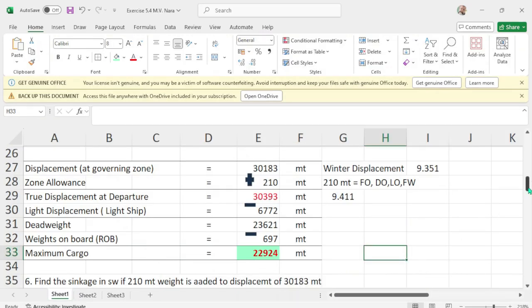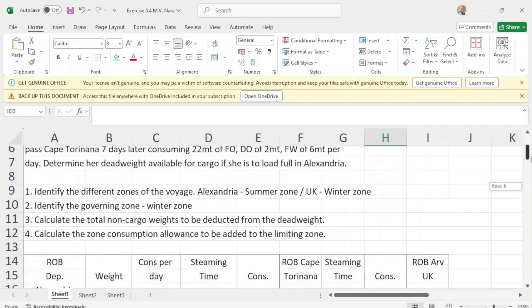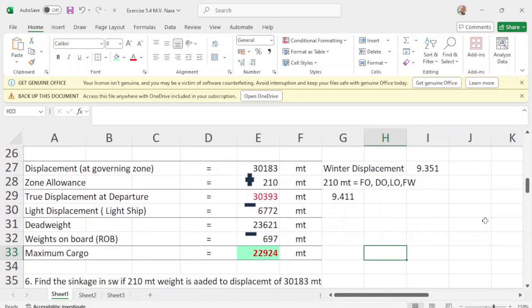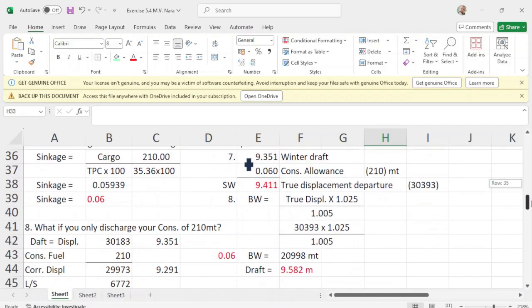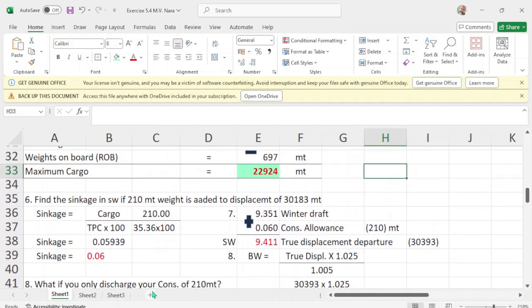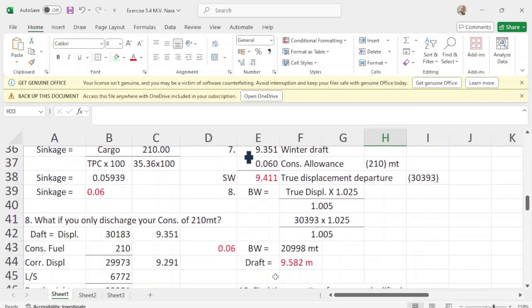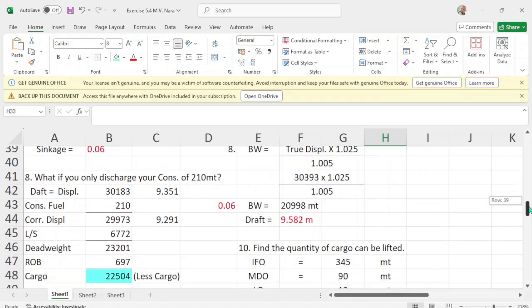So by way of review, this is how it's done. Okay, this is the maximum cargo to load, and the sinkage, and this will be the draft from salt water of 9.411 to brackish water of density 1.05. This will be your draft at brackish water. Okay,